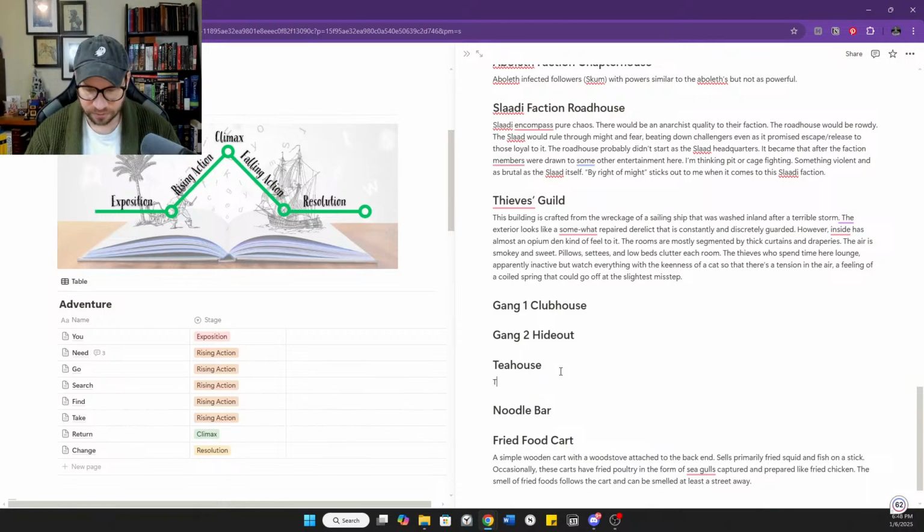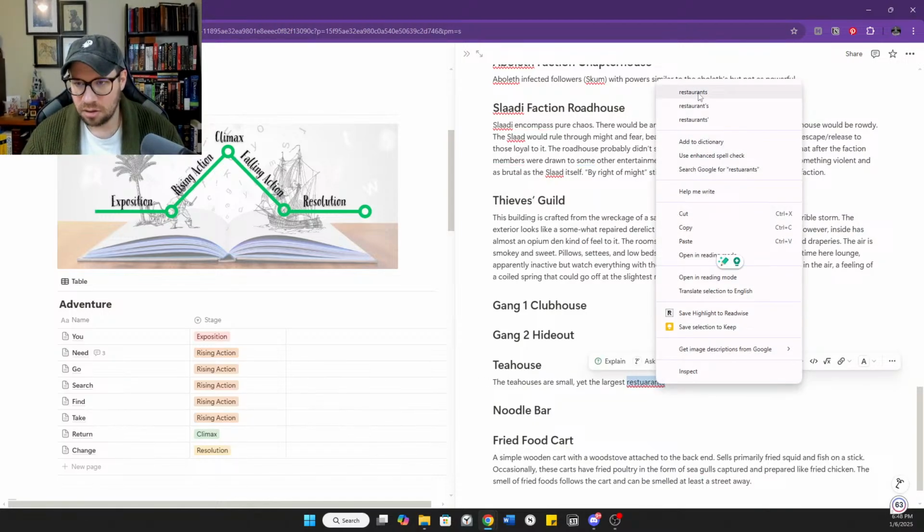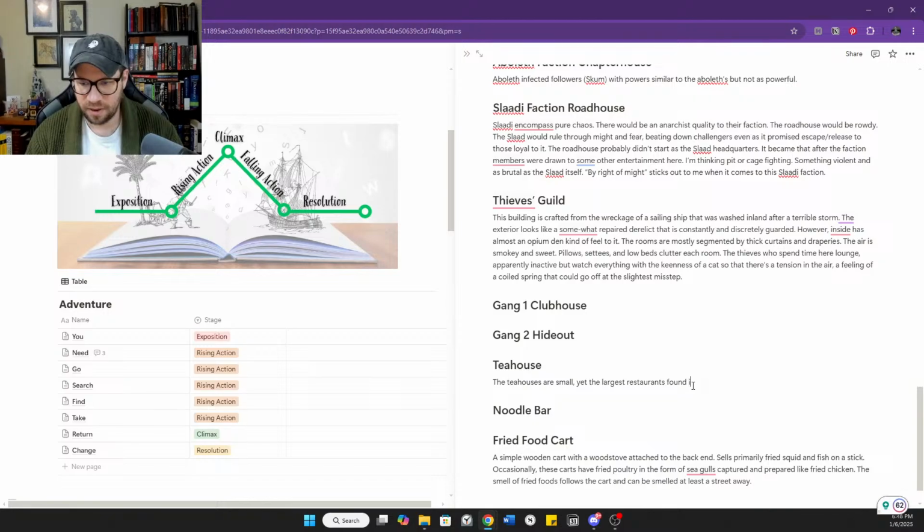So let's see here. The tea houses are small, yet the largest restaurants found in Darkport.